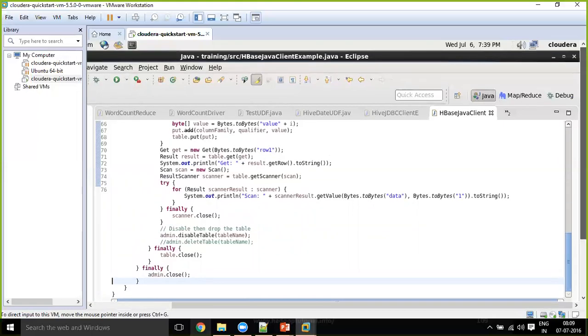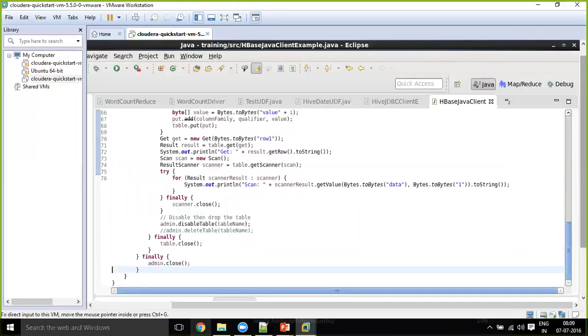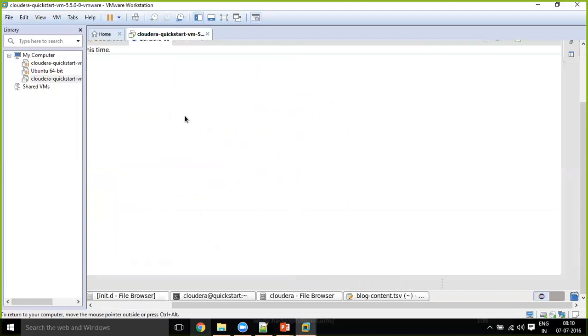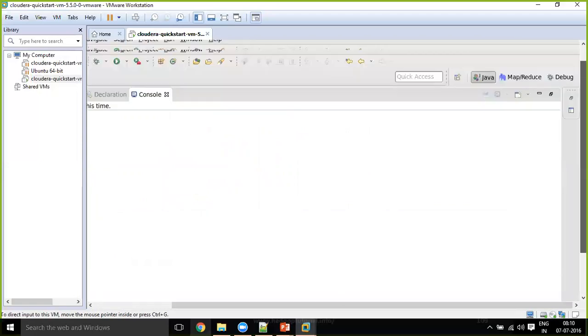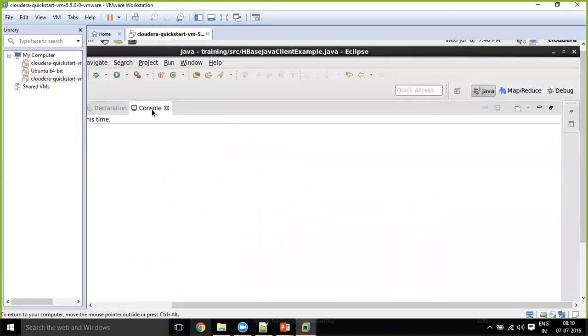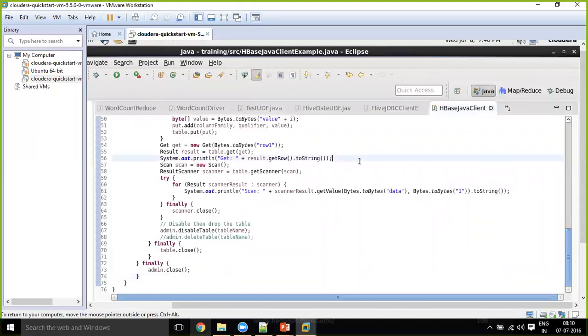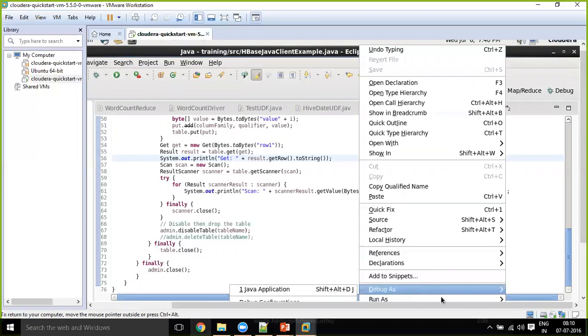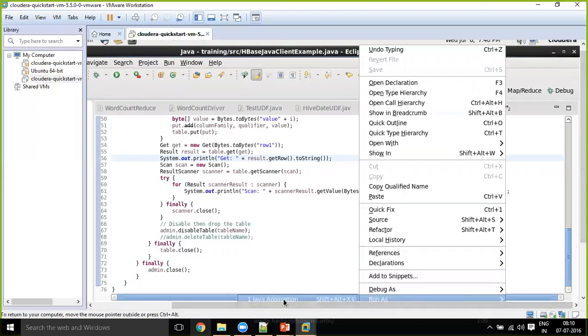Where is this console? Without this, minimize VMware Workstation, minimize, it's getting very difficult for me. I might have run it as debug. So